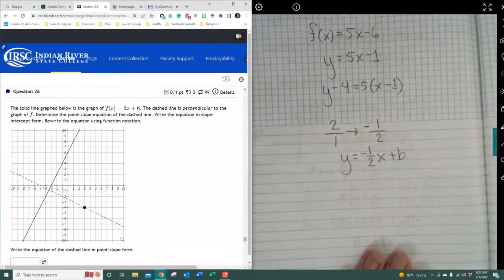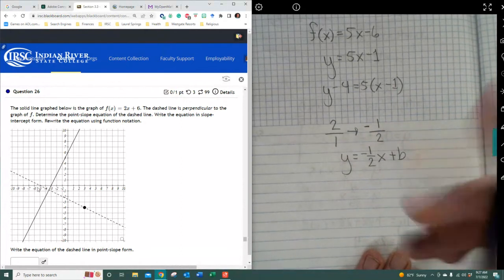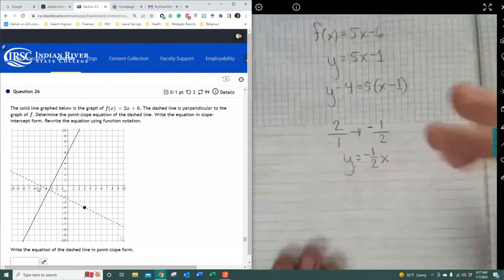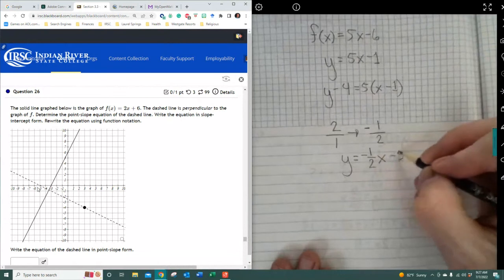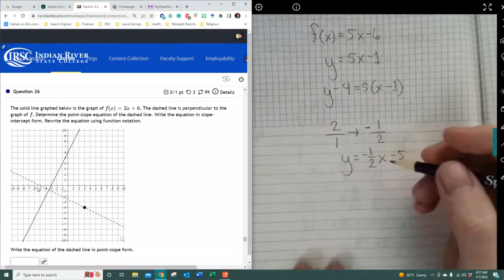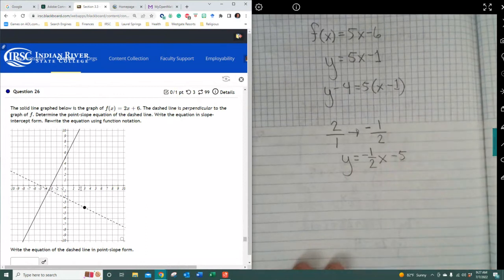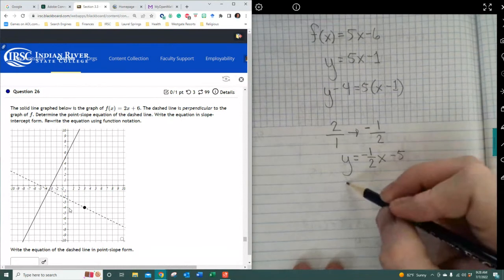That's what our equation is. And because we can see this physically, we can see that it's -5. I mean, it's because they gave it away a little bit when they're giving us the graph. Now, that's under assumption, right? So what they want you to do is avoid assumptions. So what they do is give you the coordinate point, all right, of 3, -4, and then so you just